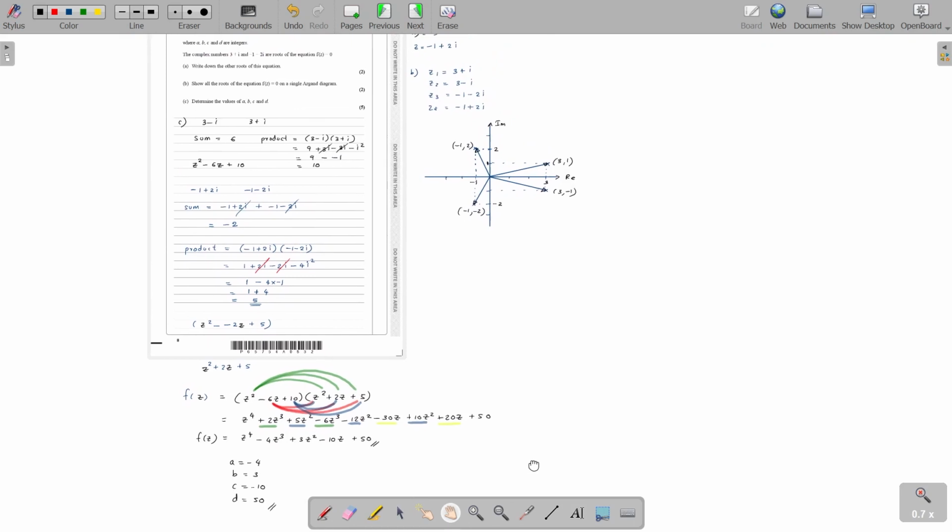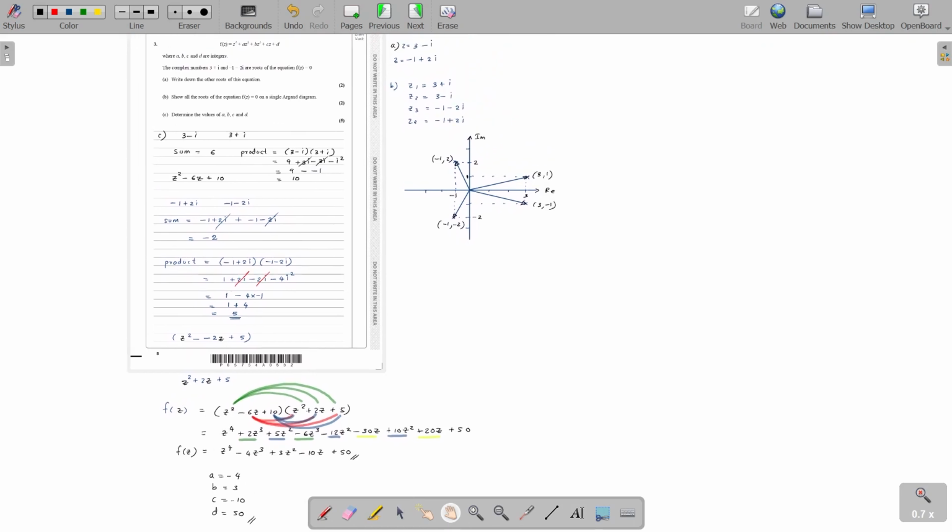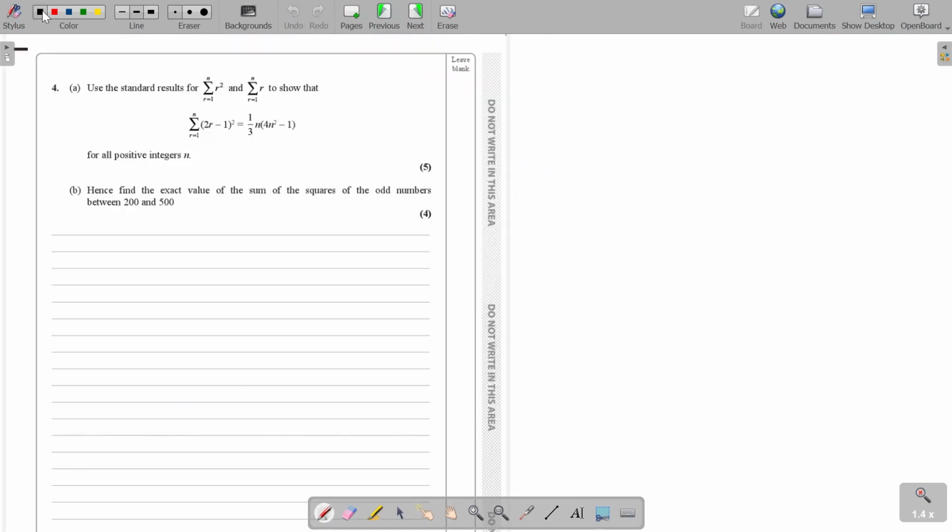Question number 4. Use the standard results for summation r square and summation r to show that summation of (2r minus 1) square equals 1 over 3n times (4n square minus 1). Okay, so what are the standard results? By standard results, what do we know? Summation r square is